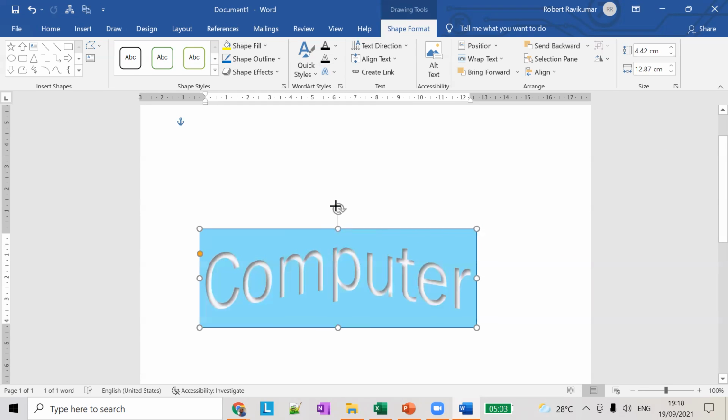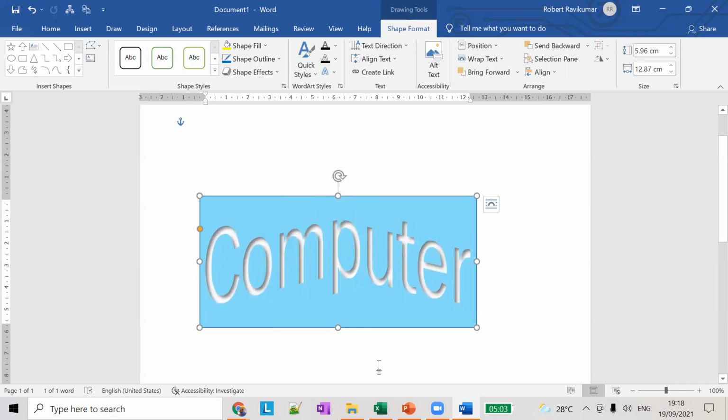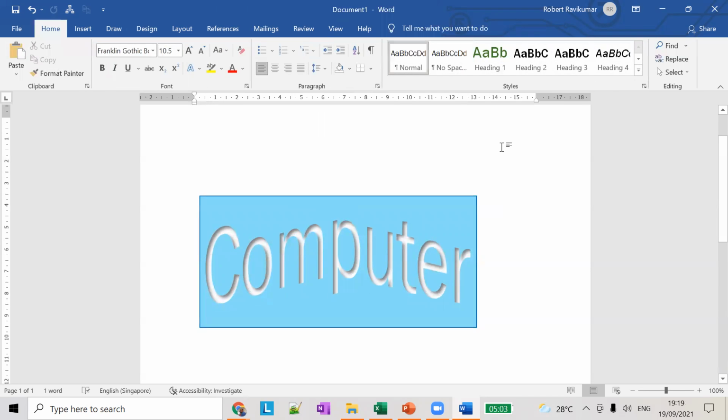Hussein, is this available on your computer? Sir, not available. This might be the latest feature available in the latest Word version. I'm using the old version, 2007, that's why something is missing. It's okay, no problem.